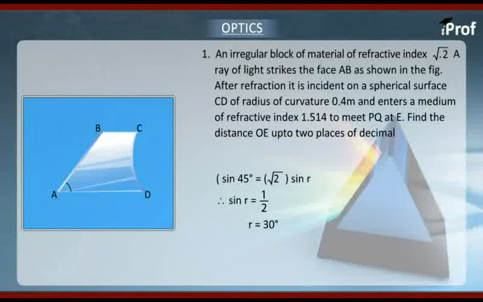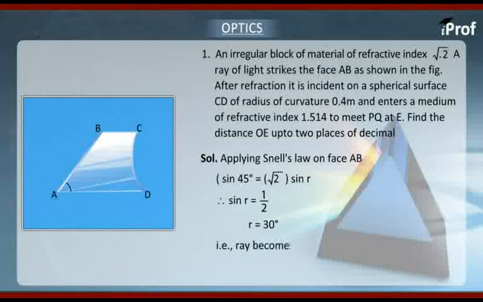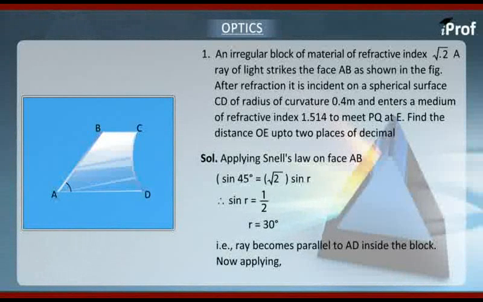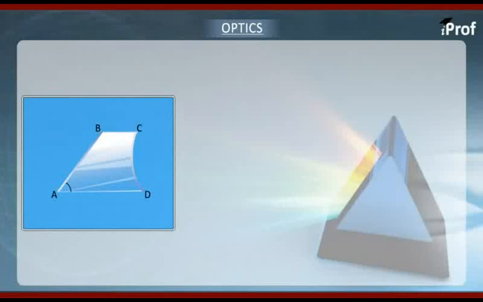Now just let's analyze the whole situation. The base angle is given to be 60 degrees. Now for refracted ray to make 30 degree angle with the normal, it must be parallel to the base. Now that's a very important point. Now when we consider the next interface, which is a spherical interface, we are going to make use of object image distance equation. Now here, as the ray is parallel to the base and also parallel to the optical axis of the system, that is PQ,